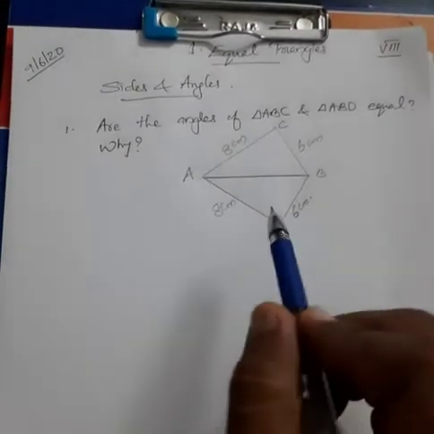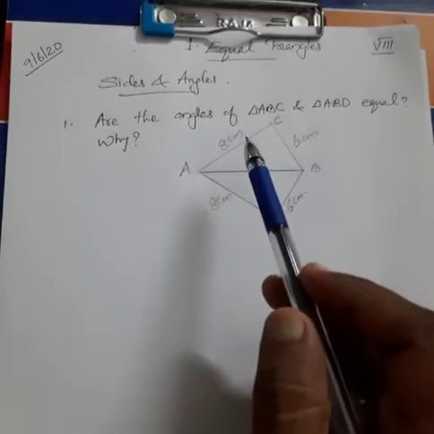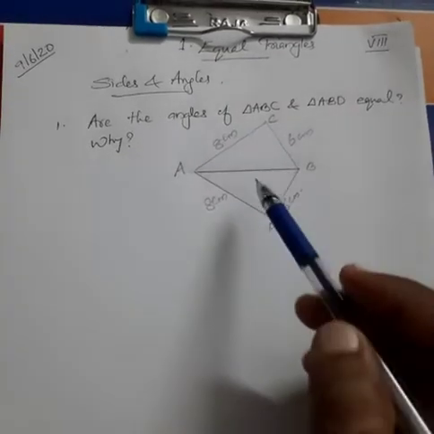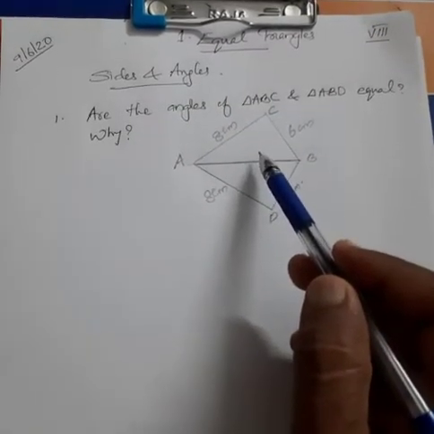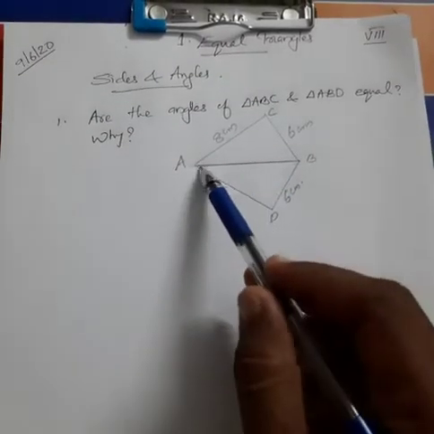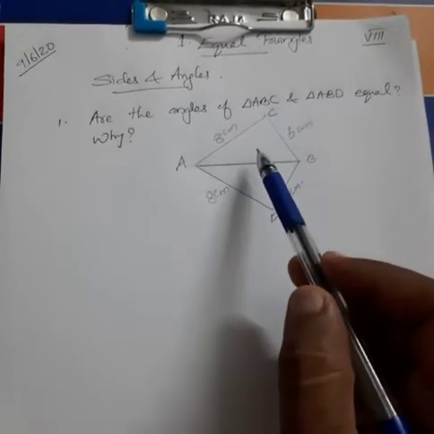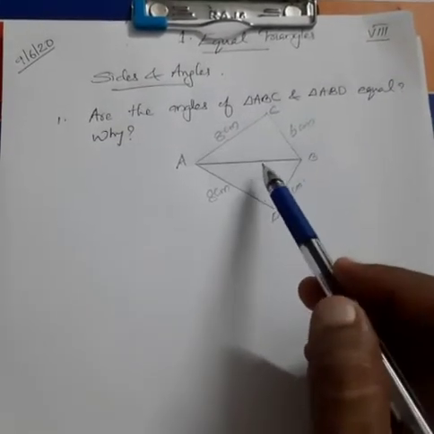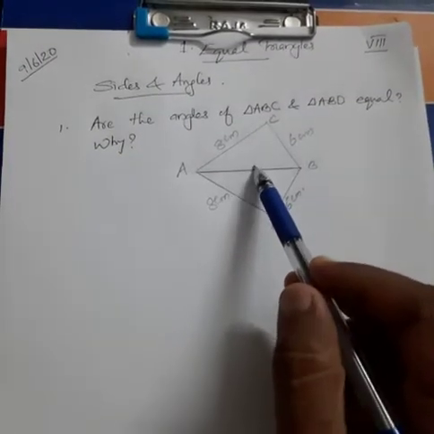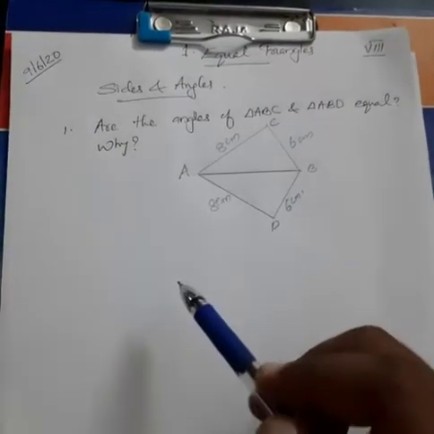The previous day we have done equal triangles, and the equal sides and angles of equal triangles. Here the triangles are given together, that is, the third side of both triangles is equal. The previous day we did two triangles separately, but here one triangle is above the other one, so it means the third side is common for both the triangles.